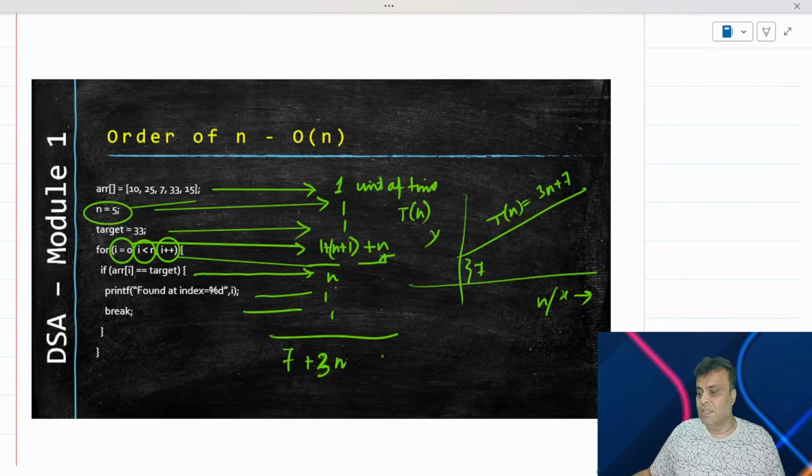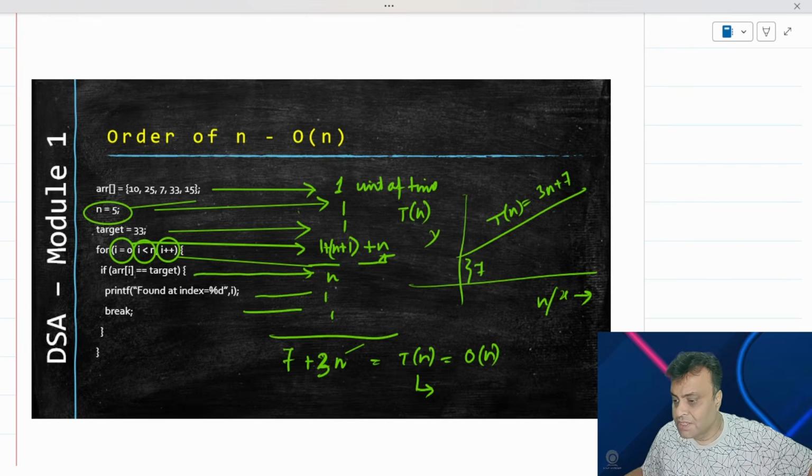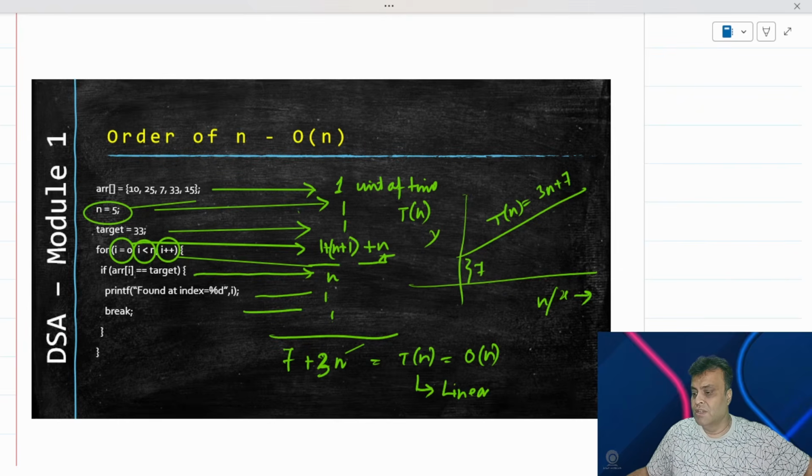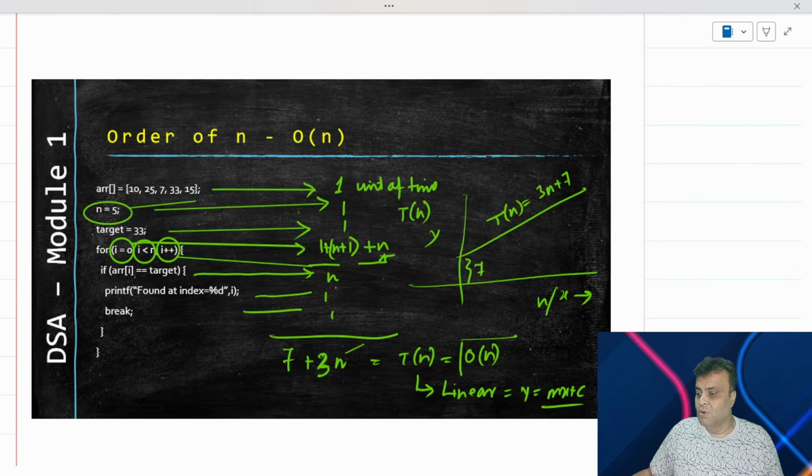And can I therefore say that this is equal to my time complexity, and this is equal to order of n, because my largest degree here is 1, right? So I'm saying that therefore this represents the class of polynomials which is linear, which is basically y equal to mx plus c. And for the y equal to mx plus c class of polynomials, we know that it is going to be order of x, because the degree of x is going to be 1. So therefore, can I say this polynomial is executing at y equal to mx plus c, and hence order of n? I can of course say that.